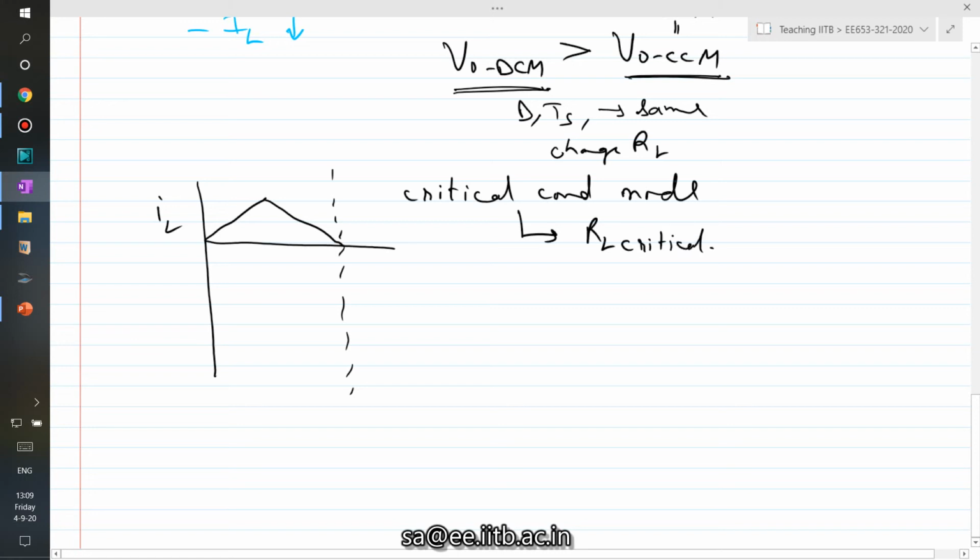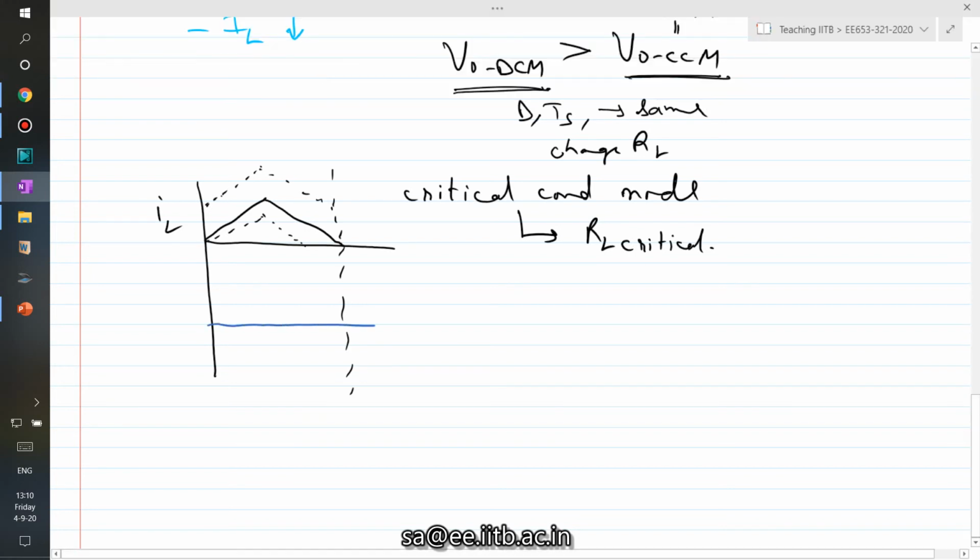right? And then we would know that, okay, if your load resistance value is more than the critical value, then it is in DCM. If your load resistance is less than critical, that means it's in CCM. And understand, if I further decrease the RL value or increase the load, then it will be in CCM. If I go the other way around, then it will come in DCM, right? So finding the value of load resistance for this critical mode gives us the RL critical. So let's find it out.